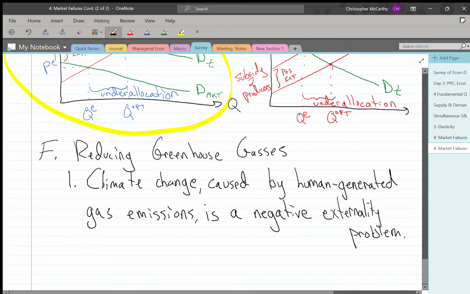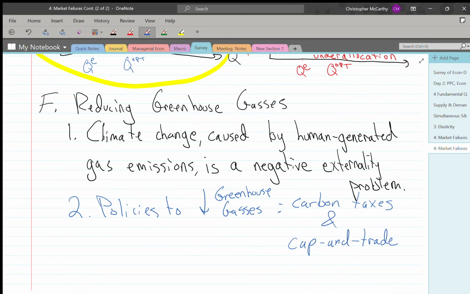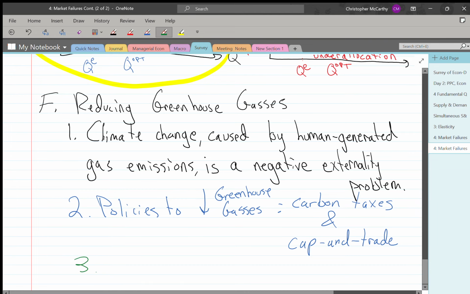Some of the policies that reduce these greenhouse gases include carbon taxes, and cap and trade, which y'all might have heard of but probably don't understand, which is why we're going over it. So a carbon tax is rather simple in terms of it just increases